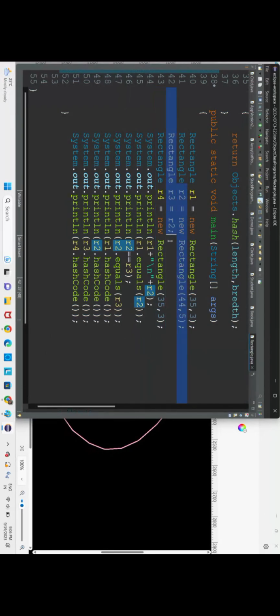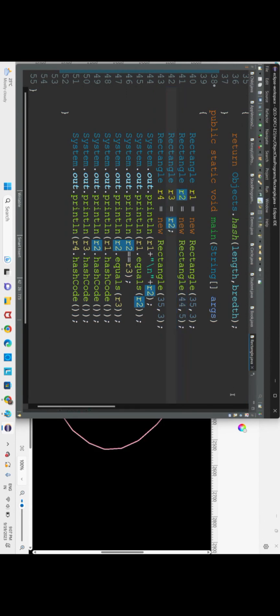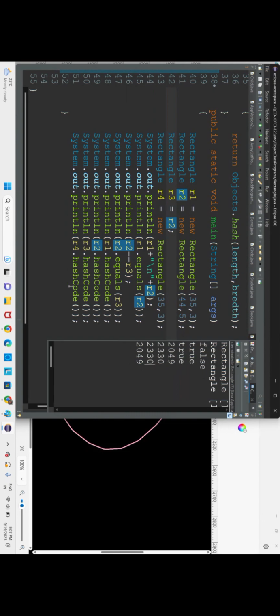But here R2 and R3 belong to the same object. Since they belong to the same object, you are just getting the same integer number. That's it. One integer number will be given for one object. Since you're repeating it again, you just got the same one. So for that, you will be getting